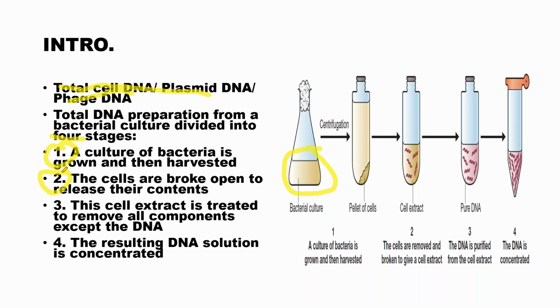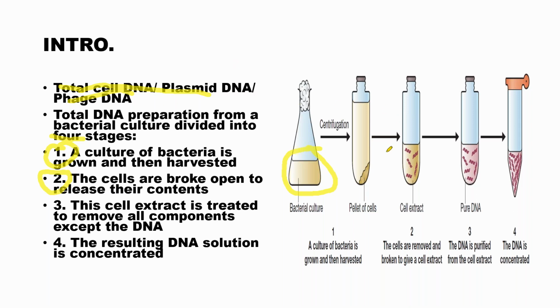You will have proteins, you will have RNAs, you will have DNA. So all those things will be there in the cell. So when we are going to break open the cell, what is happening? All those contents will be released. You will have a mixture of DNA, RNA, proteins, then cell wall debris, plasma membrane debris, remains. All those things will be there.